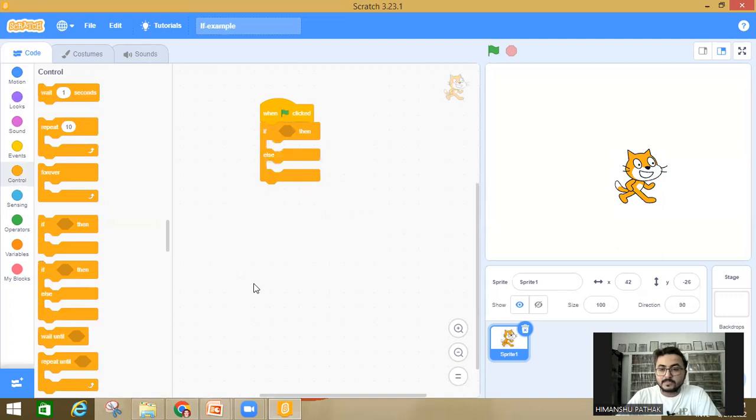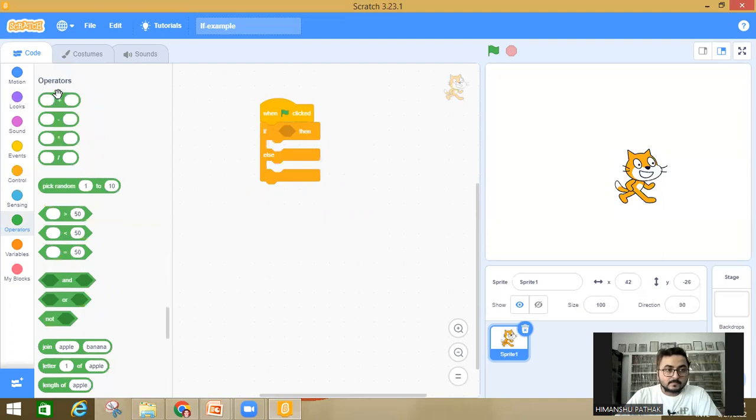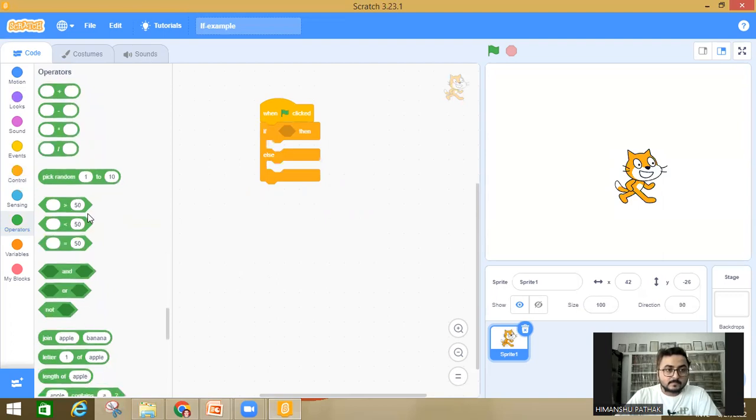Just drag and drop. Now what is to be inserted? A condition. So operators, greater than. So I'm going to write down if 2